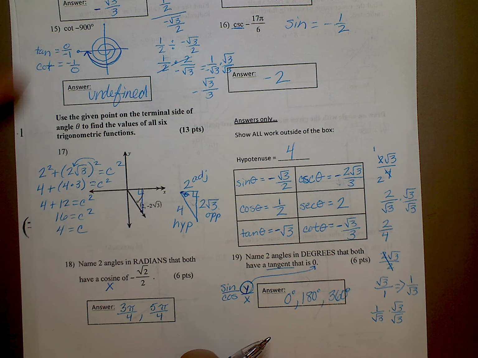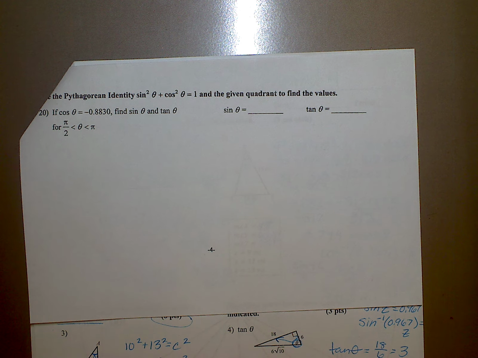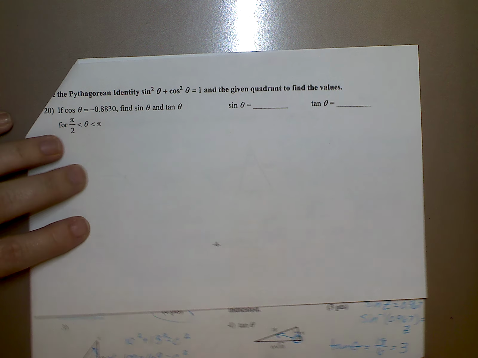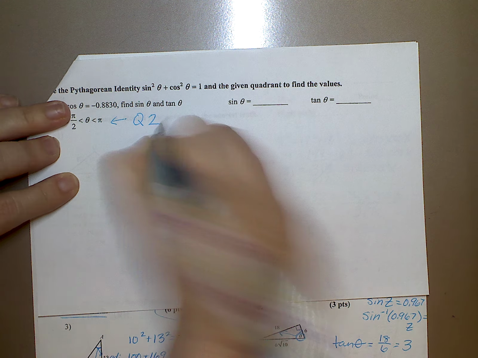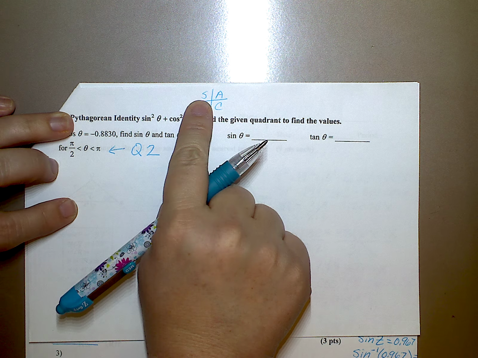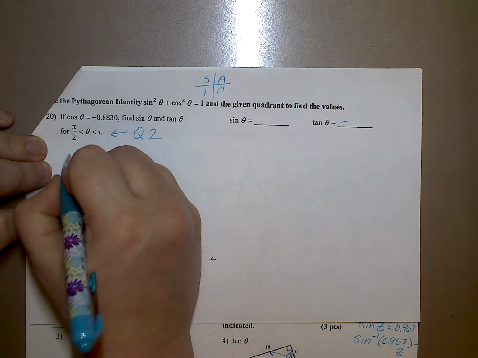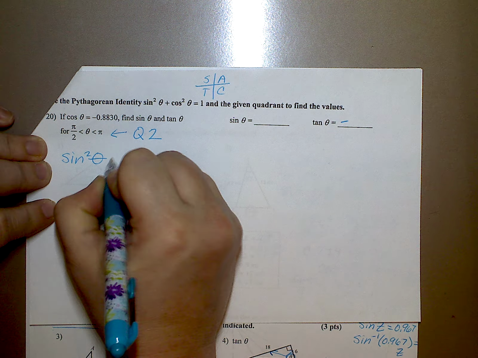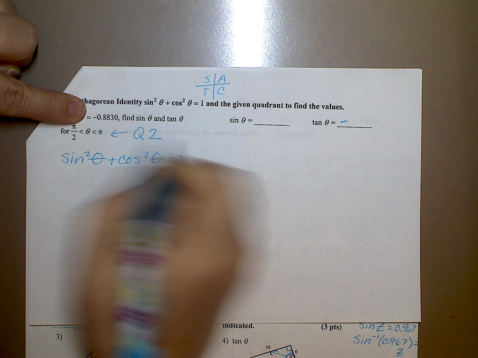Okay? Now, something I didn't tell you before, but I actually counted number 20 as extra credit. It is not on your test. Number 20 is not on your test. But I do want to show you how to do it just because it's a quick problem. So, between pi over 2 and pi, that tells me we're talking about quadrant 2. And with our all students take calculus, quadrant 2 has sine being positive, which means my tangent value is going to be negative. I need to use that rule that says sine squared of theta plus cosine squared of theta equals 1. And if they give me cosine theta,